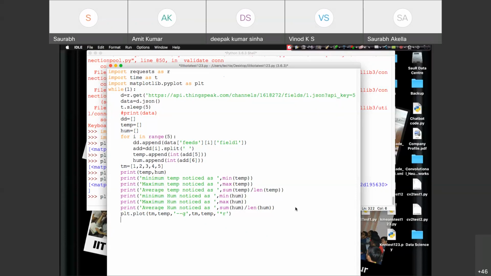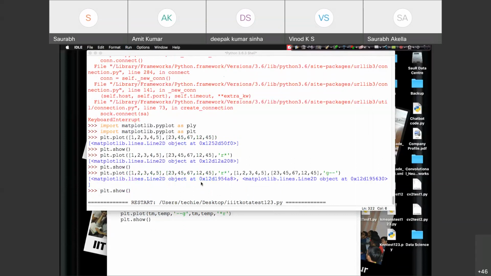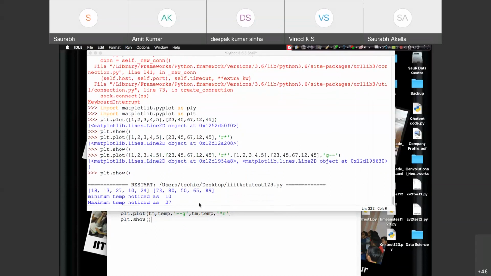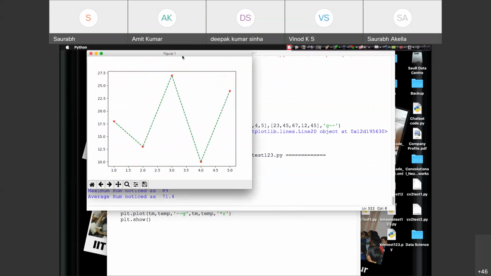Let me just show that also. Yeah, so this was the graph.